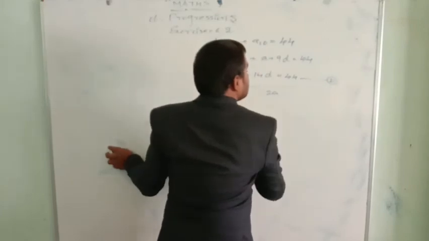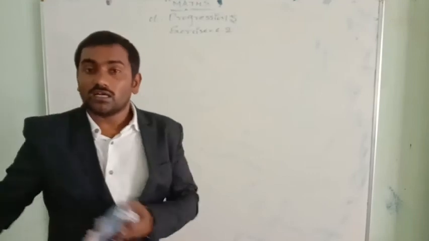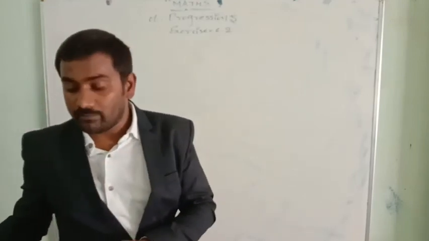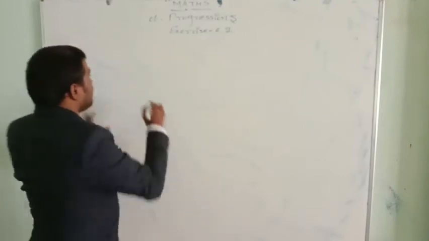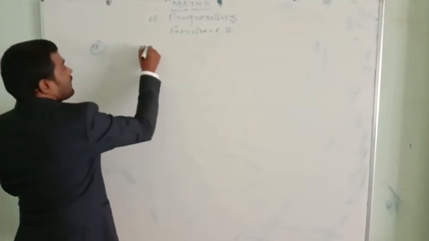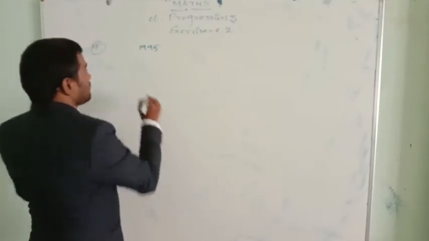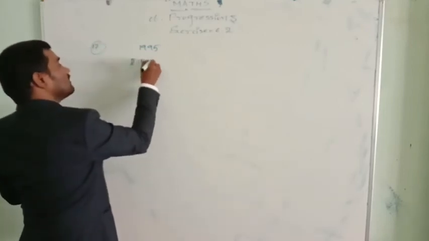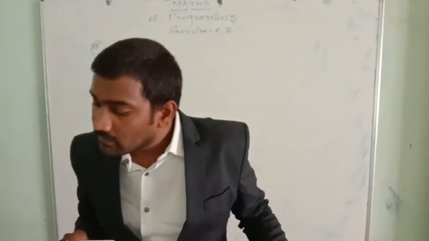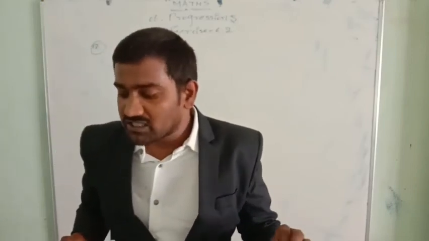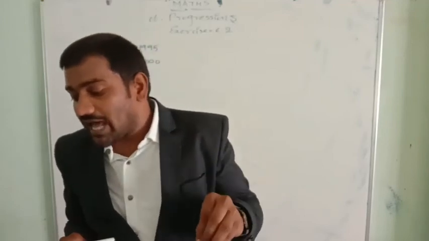Okay. So the main thing you need to do was exercise number 1 and also exercise number 2, to get some information about this arithmetical progression. See, 17th question. Subbarao started a work in 1995, with an annual salary of 5,000 rupees. With 5,000 he started in 1995. He received an increment of 200 rupees each year. In which year did his salary reach 7,000?